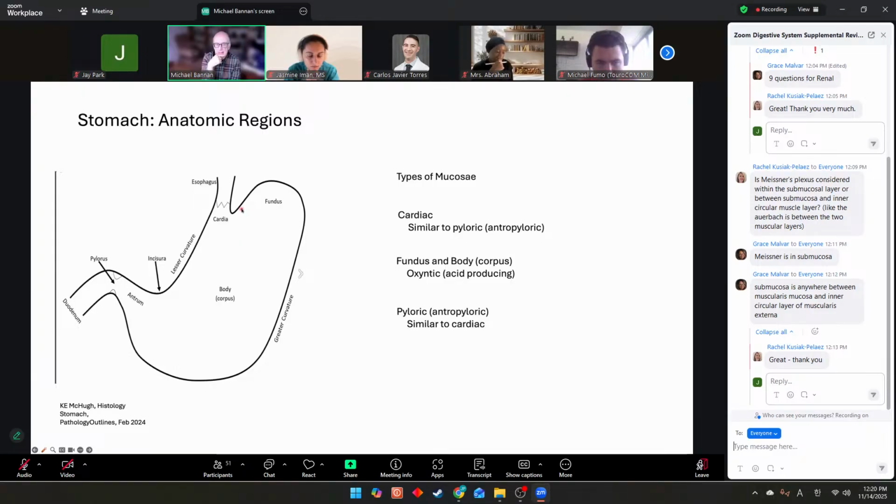So the stomach actually has different geographic regions. This drawing shows the general shape with a lesser curvature on one side and what we refer to as a greater curvature on the other side. This is the distal end of the stomach, right? Can you see my cursor there? Right? Distal end of the stomach feeds into the duodenum, and the proximal end of the stomach receives contents from